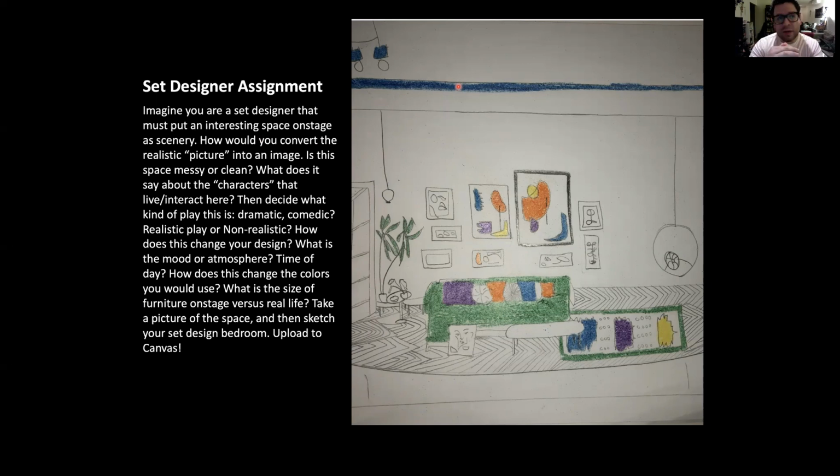I know we're all quarantined right now, but take a picture of your backyard, or your roommate's room, or your kitchen or something like that, and rearrange the space into a theater. I want to see some of these elements, like lights. So I have a couple of examples of these assignments,